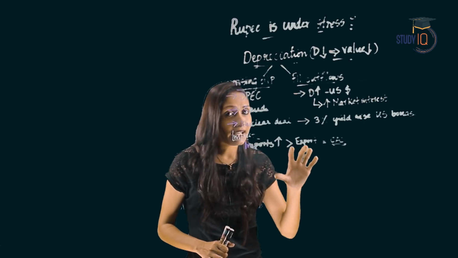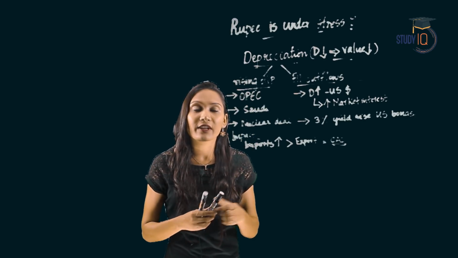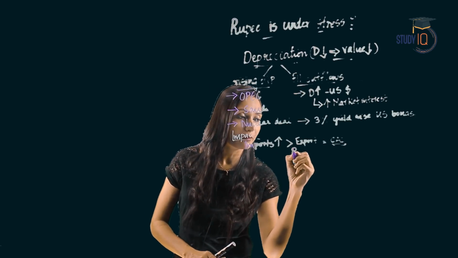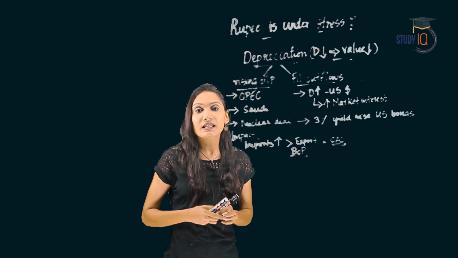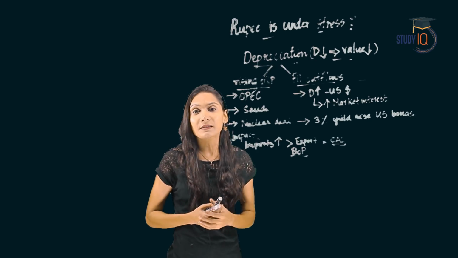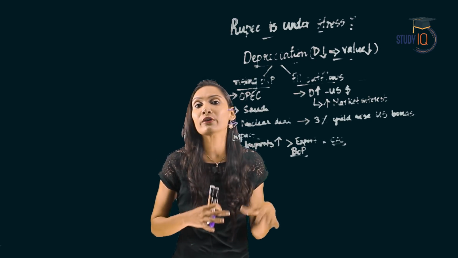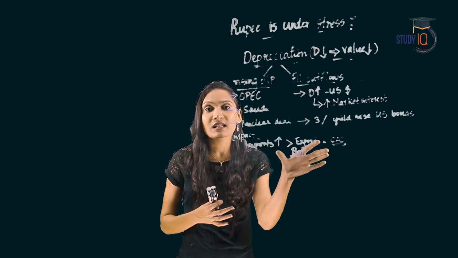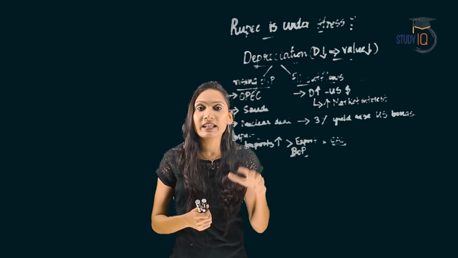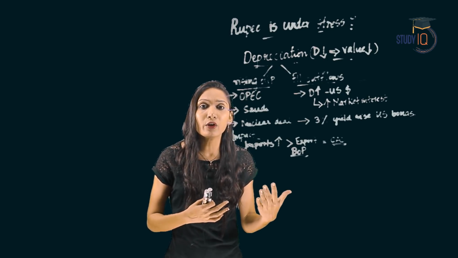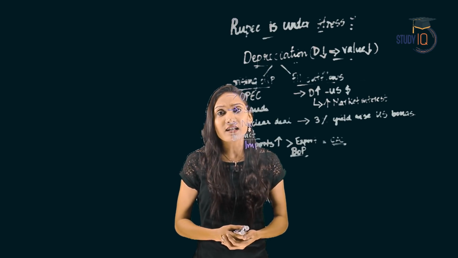So, when the trade deficit increases, what will happen? This will badly affect the BOP situation of the country. BOP is balance of payment. So, balance of payment situation of the country will be worsened, which means we will have lesser forex reserves. Our forex is flowing out of the country as import bills. So, the forex in the country will come down. This will weaken the rupee. Again, this will add on to decrease in the value of rupee and further depreciation of the currency.